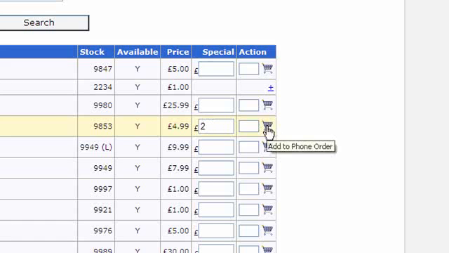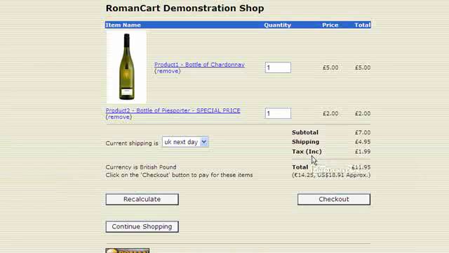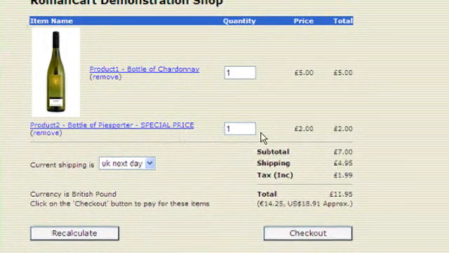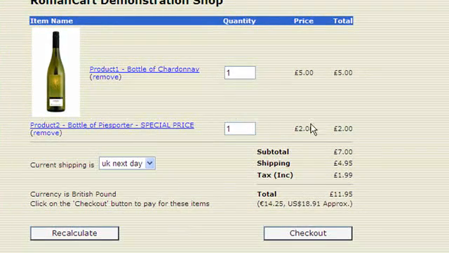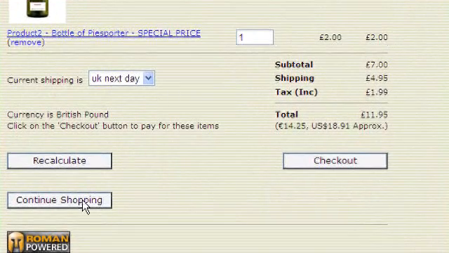Click on the add to basket icon, and then it adds that product at that special price, which in this case is £2, to the basket. So you can see there that product is being sold for £2. So if I click on continue shopping,